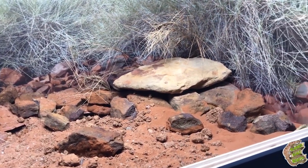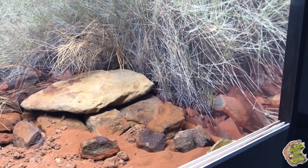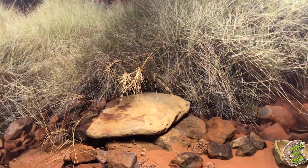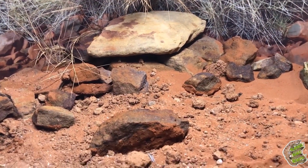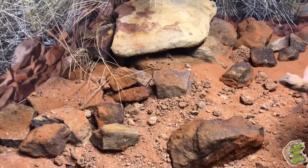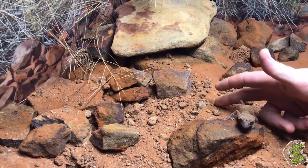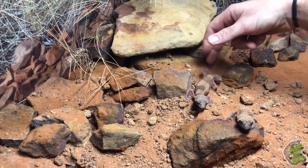Even if it's for the kept and the keeper, it's just that little bit more aesthetically pleasing, but still completely functional for being able to be safe around those venomous animals. So, yeah, as I say, it's not necessarily for everybody. A lot of skink keepers, like a lot of blue tongues, I've done a lot of blue tongue enclosures now because they don't tend to climb as much as a lot of other species. They're a bit more ground dwelling. So, yeah, as I say, it's not necessarily for everybody, but at the same time, you can make it work